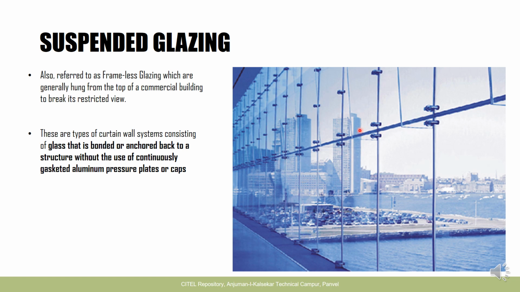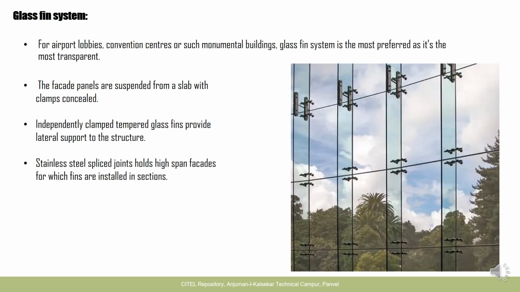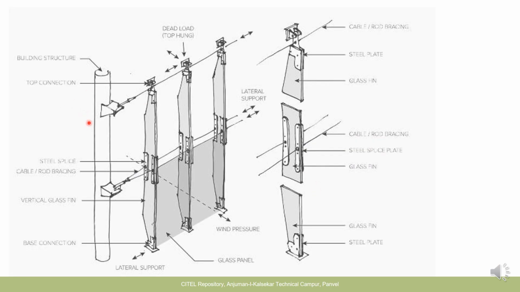Now for the support, we will see how it works. As you can see here, these are glass fins, vertical members that are fixed perpendicularly to these glazing members. This is the building structure here. Then there is the top joinery and the joinery at the bottom. Then there are these vertical glass fins that provide the lateral support instead of metal frames. Sometimes, if required, there is also horizontal support provided for further strengthening